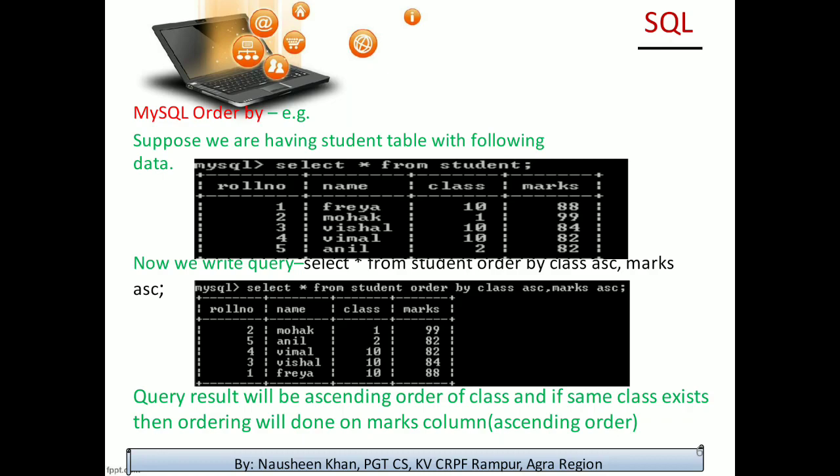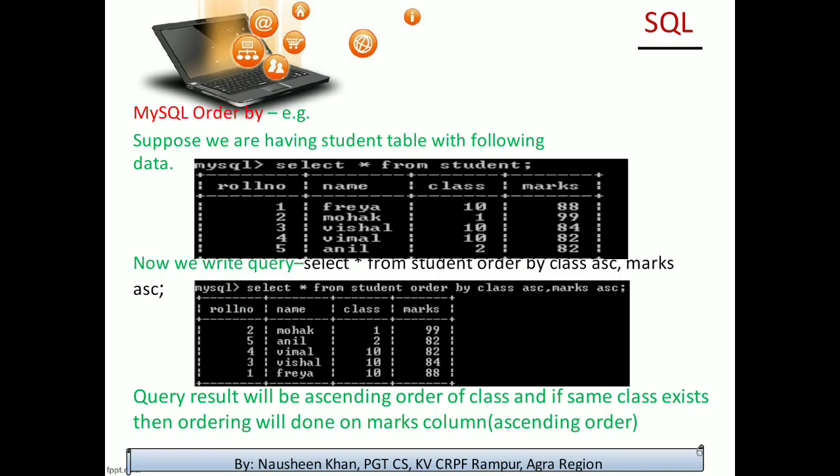Now, if I want to sort the result according to two columns, first by class and then by marks, meaning if there are more students of the same class, they should be sorted according to their marks, I will write the query: select asterisk from student order by class ASC, marks ASC.